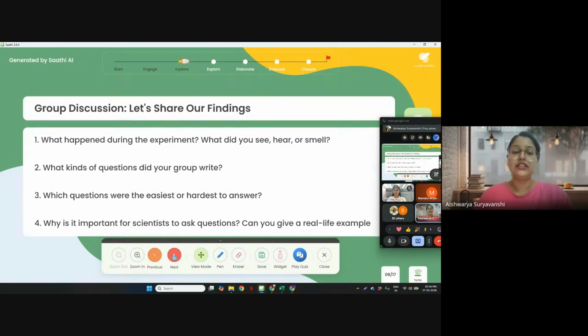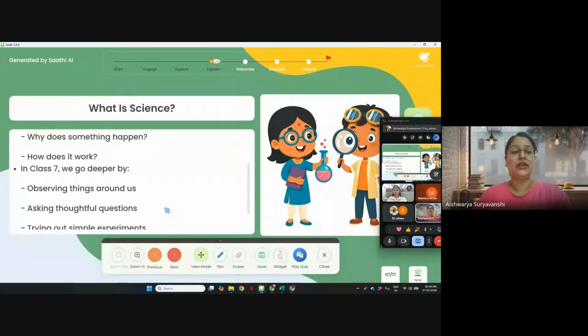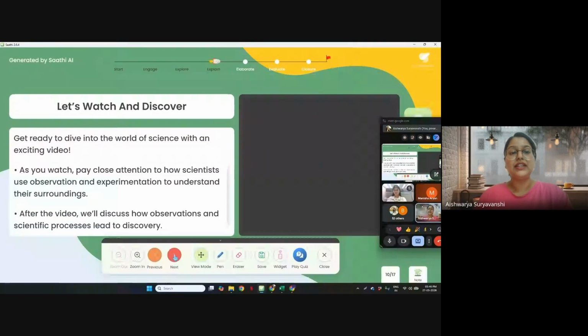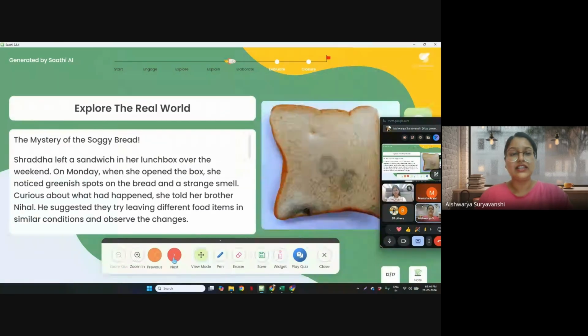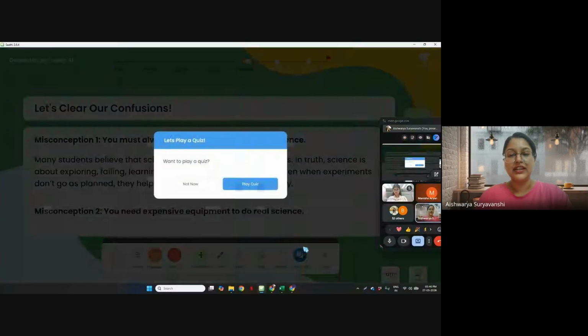Then after the conclusion of that experiment, I can tell them what the entire concept is about. And after getting the information, I can also tell them how this particular topic is relevant to the real world. And after understanding all of that, I can ask them what their questions and doubts are, and I can also play a quiz right away. So imagine explaining something in a very flowing manner where you are not only covering the theory, but you're also covering the practical part, you're also covering the logical part of that particular concept, and then you play a quiz.